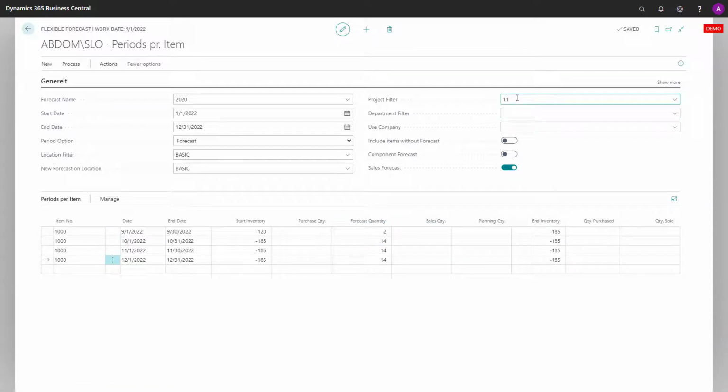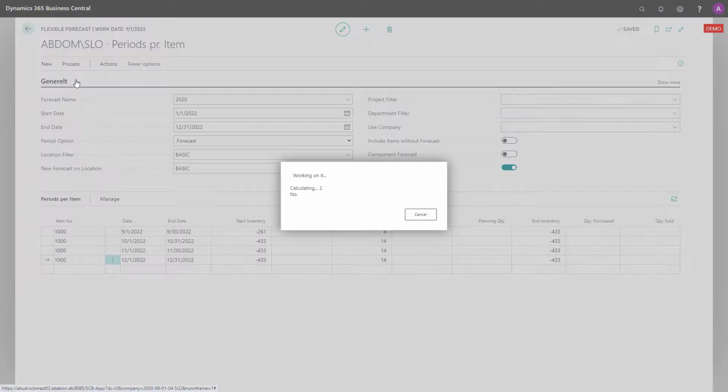And you can also filter on dimension in here like this. When we update the forecast, it will be the two dimensions combined. So this is a way to filter if you want to view this view, but only for some dimensions.